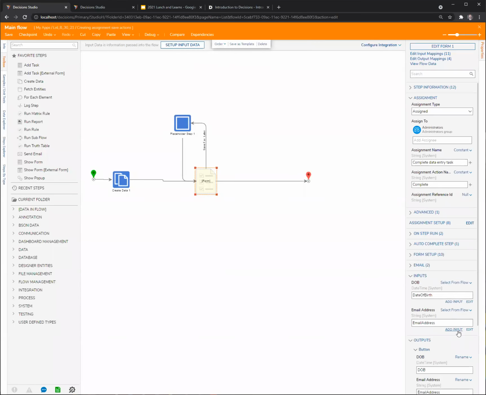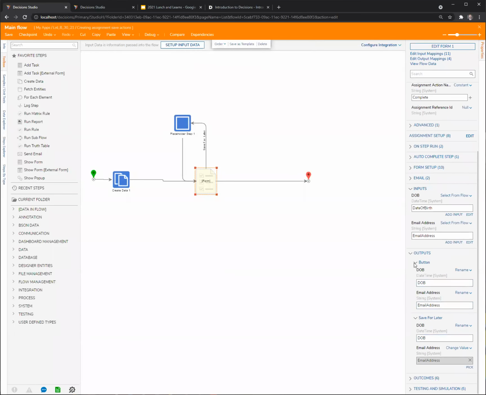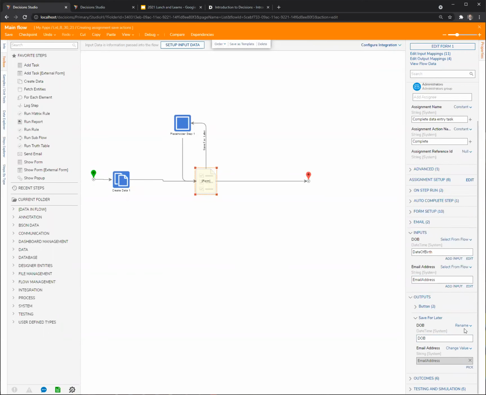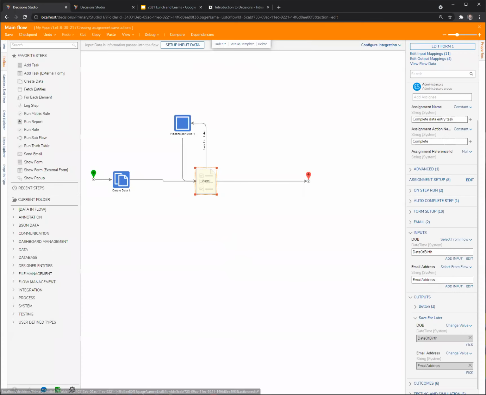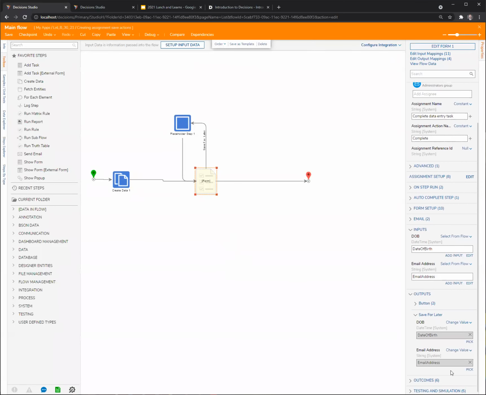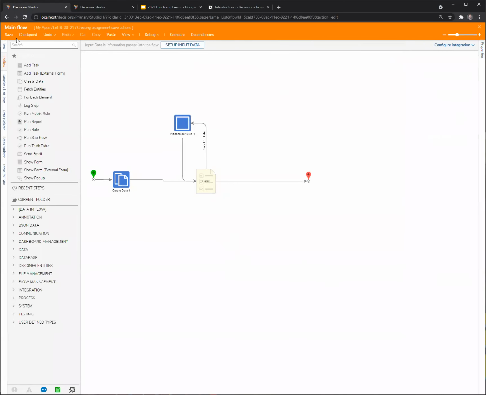Now, if I look at my form step, I have two outcome paths: button, which I don't care about, and save for later. And on this, I'll use the output property change value. And I will change for date of birth, I'll change date of birth. And on email address, I will change. It's already doing it for me. Wonderful. Change email address. Now,